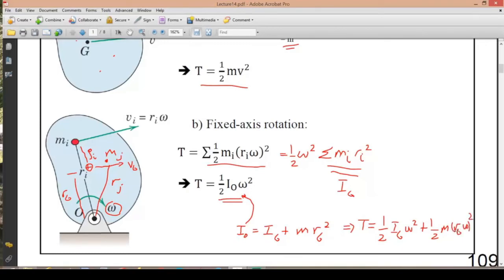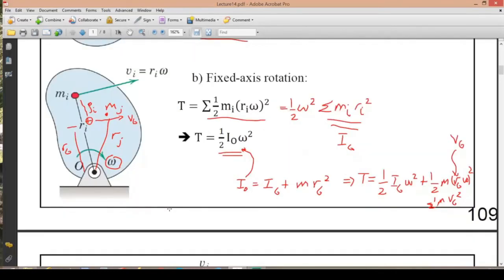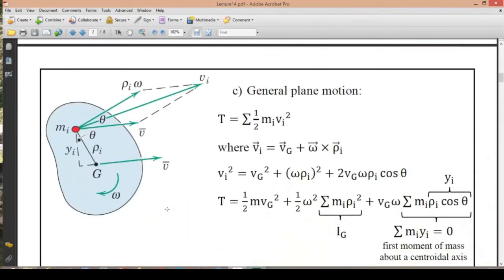Now, R_g times omega is actually the mass center's velocity, V_g. So this is nothing but 1/2 m V_g squared, which is the velocity of the mass center squared. So this is another way that you might write out the fixed axis rotation's kinetic energy. And this applies to the general plane motion. Now we're going to investigate this general plane motion, and then you will see that we will come to the